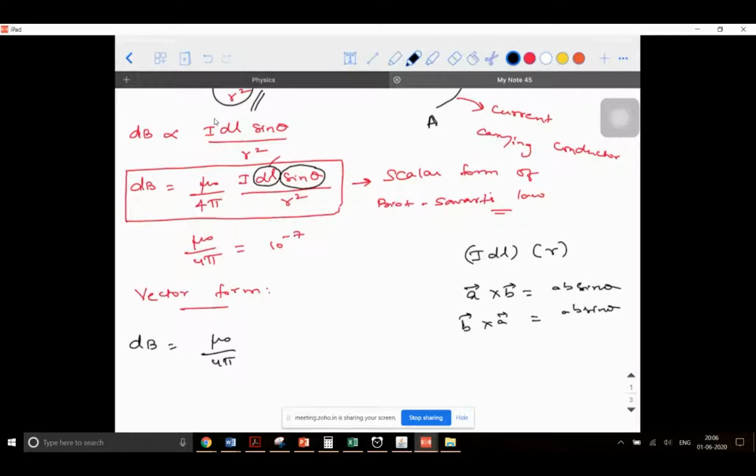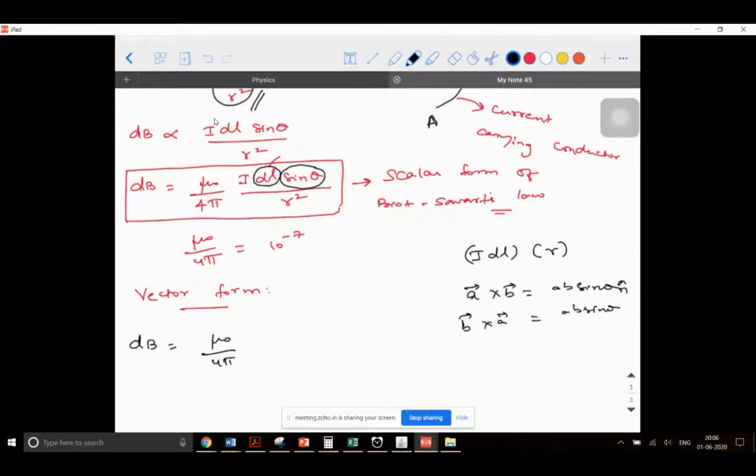We know the general rule that A cross B is not equal to B cross A. Any reason? So the directions are different. What directions? You're almost there, but what directions are you trying to talk about? Clockwise, anti-clockwise. That's right. It is the clockwise and the anti-clockwise, right? Because I didn't write one point here. That is nothing but n cap.